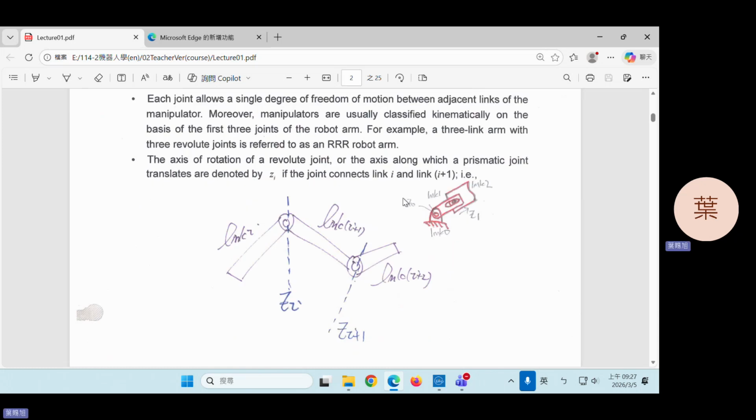Here is another important definition of motion, actual motions. The axis of rotation of a revolute joint, or the axis along which a prismatic joint translates, is denoted by Zi if the joint connects link i and link i plus 1. Here are 2 examples. You can see from this figure,